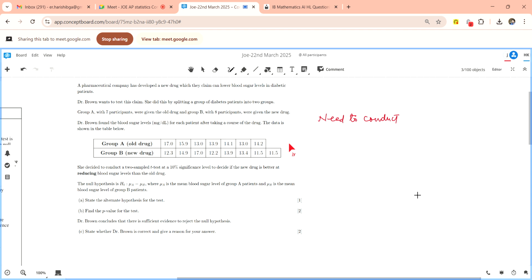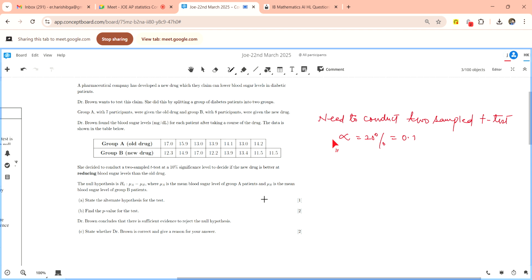We need to conduct a two sample t-test. We have the significance level given. The alpha value is 10% over here, which means 0.1. We have to decide whether the new drug is effective, or better as compared to the old drug, in reducing